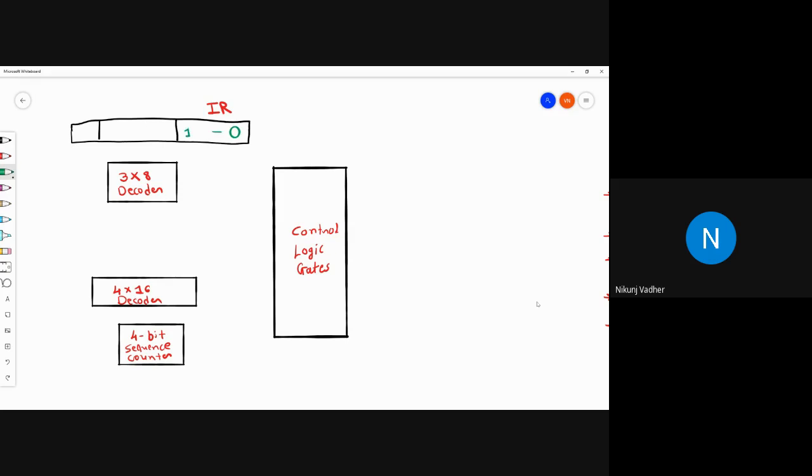Bit number 0 to 11, bit number 12, 13, 14, 15. Let's connect all the components.